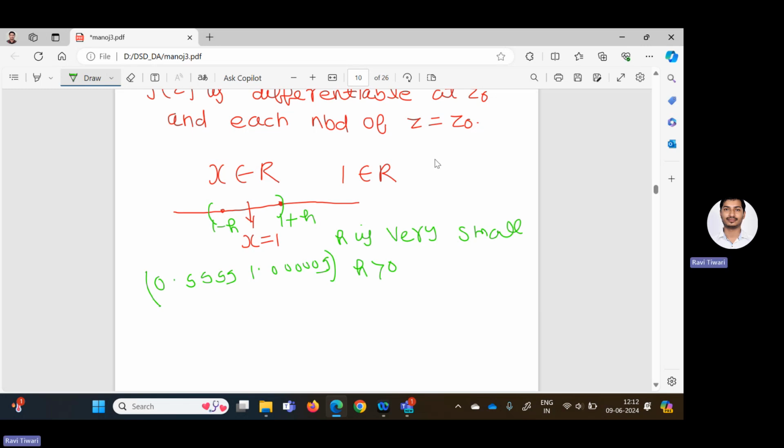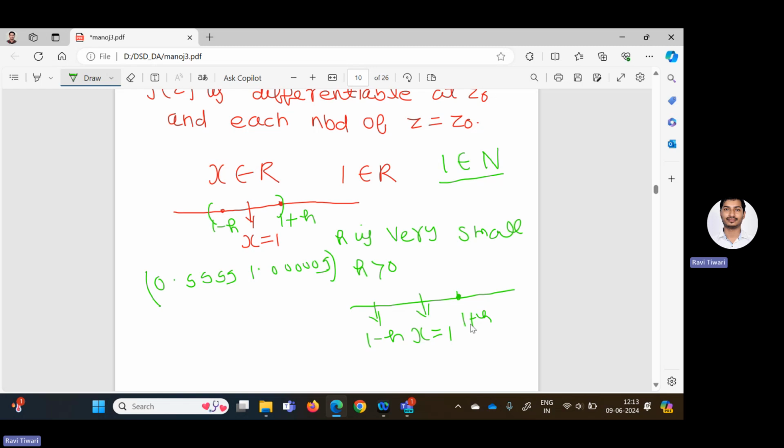If I am choosing this one from the set of integers or the set of natural numbers, what will happen? Here x equals 1. If I take a point around it, it will be 1 plus h and 1 minus h. Now 1 plus h and 1 minus h belong to the natural numbers,